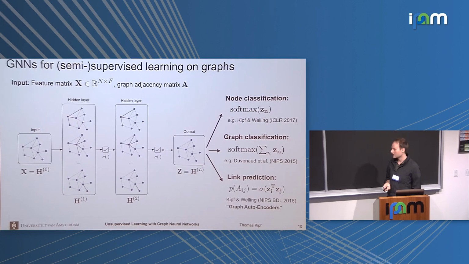And lastly, you can also take exactly the same model and use it for link prediction. So you would use your final node features, and in order to have a link classifier, you have to define a function that takes two node embeddings as an input. One of the simplest ones is to just take an inner product, but if you want to do directed edges, you can do an MLP here or any kind of more complicated function. And in this simple case, it looks like an autoencoder because you start with an adjacency matrix and a feature matrix, and then you try to reconstruct the adjacency matrix at the output. So that's a framework. It's also known as graph autoencoders.